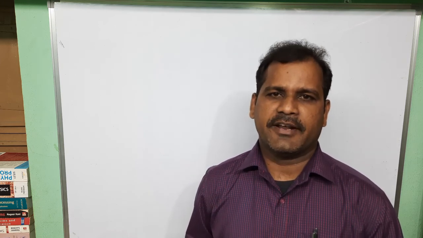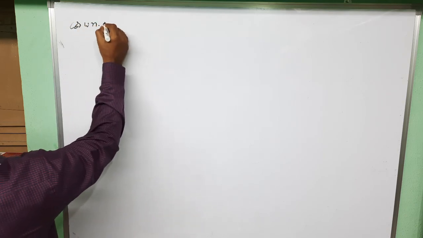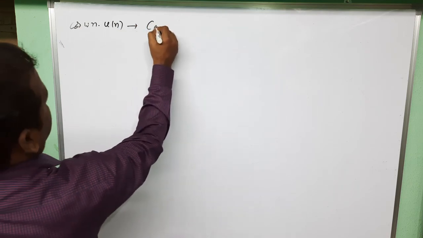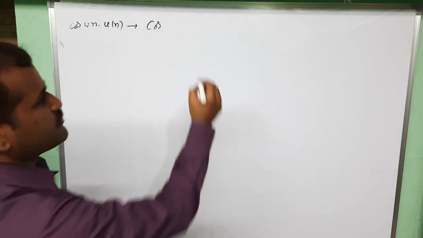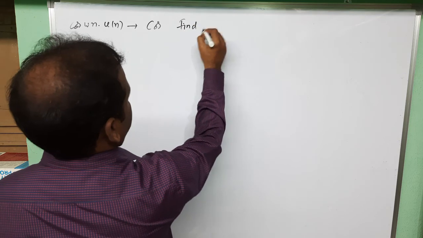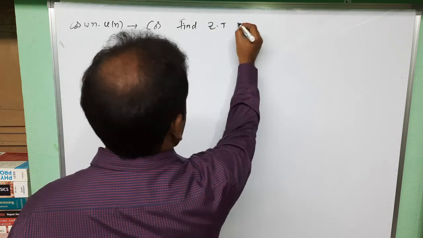Good morning, students. In this video, let us find the Z transform of a cos function. Before this video, I suggest you watch the complex exponential signal Z transform video, because we are using the Z transform of the complex exponential in this derivation of the cos signal Z transform. The signal I am considering here is cos omega n u of n, a cos signal. Let us find the Z transform and ROC of this cos function.